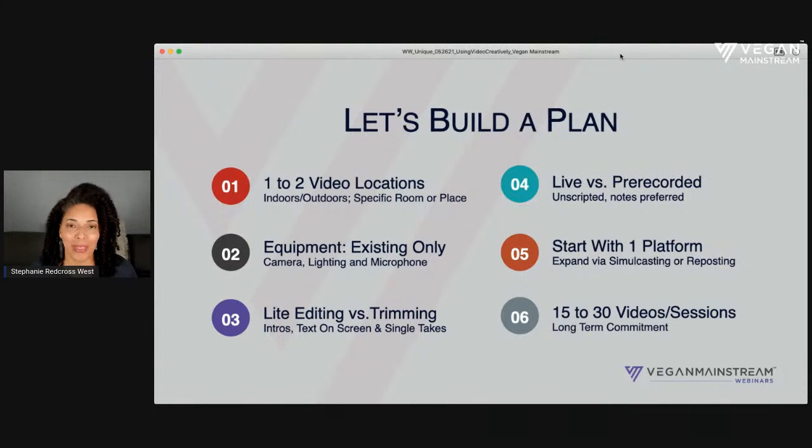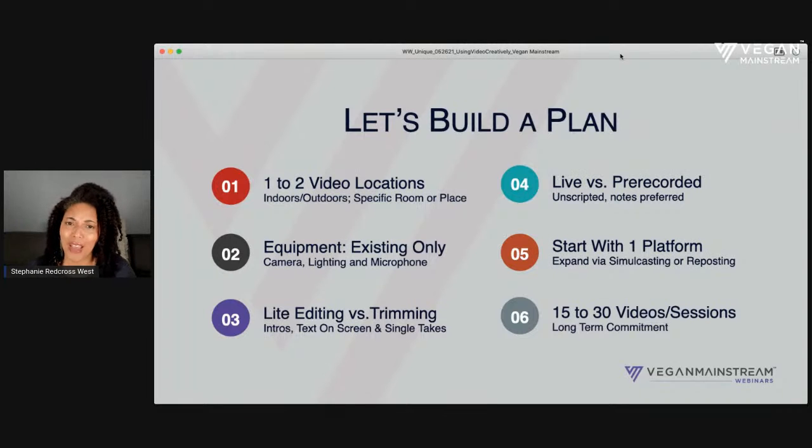We can make sure that when we're thinking about lighting, we understand that, hey, we need to make some changes maybe to the light bulbs, even in your overhead lighting, because we're going to try to use existing equipment to get there. And what you can do is make this specific place almost your home. That specific place may be a little nook or a closet. It may just be a corner, or it might be a certain section in your kitchen if you're doing your videos.